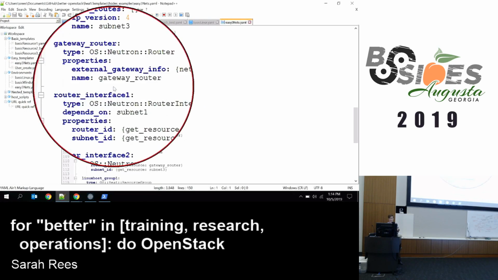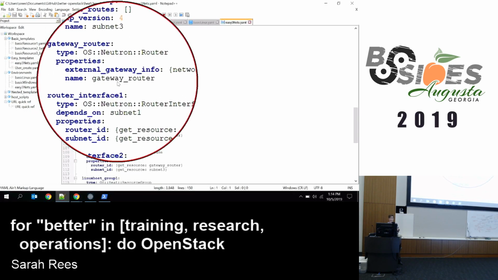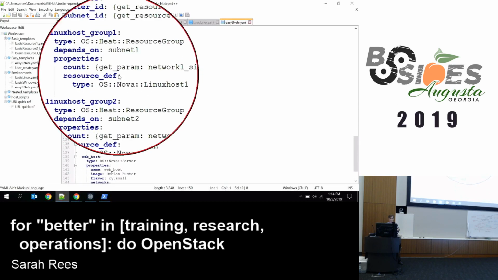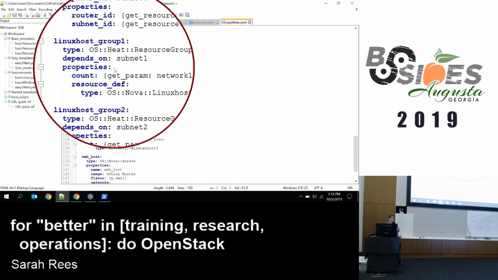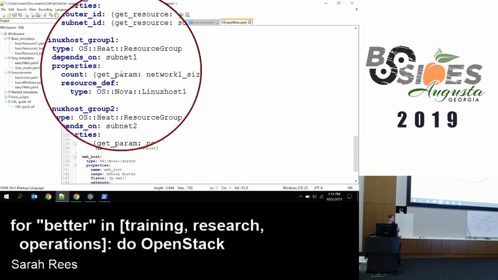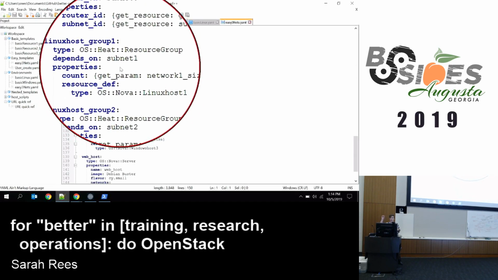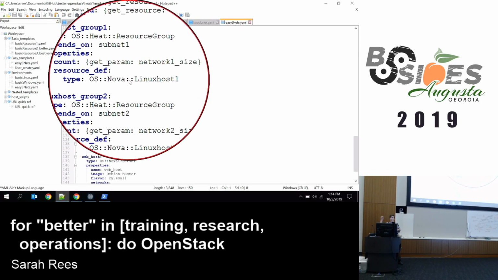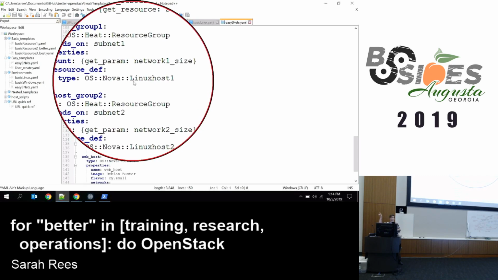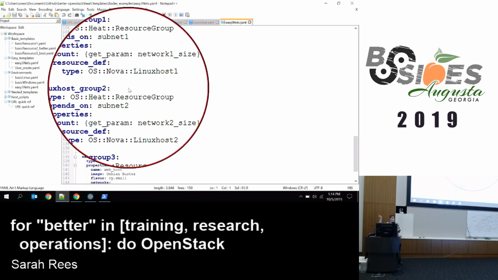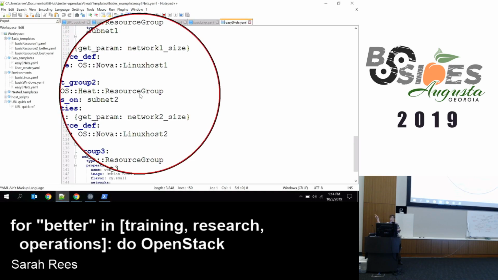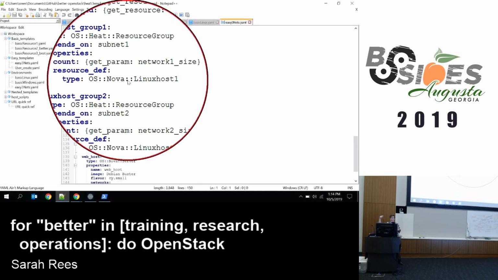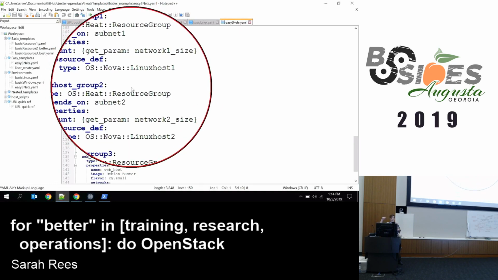I have a gateway router inside of that environment to separate these 3 different subnets. And then here's what is kind of cool. Linux host group 1, you'll notice type is OS heat resource group. So this actual Linux group 1 is a group that spins off any number of Linux hosts, and that's a custom resource that I have in my environment file. So this is registered as a custom resource, OS Nova Linux host 1, points at a very specific nested YAML. So it will spin off as many of these as, if you'll notice, it says get parameter for network size